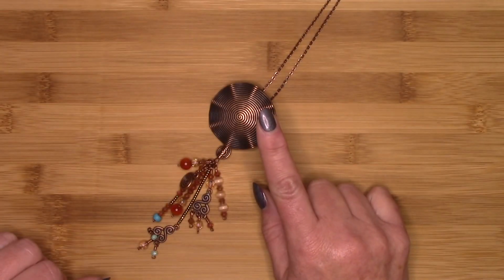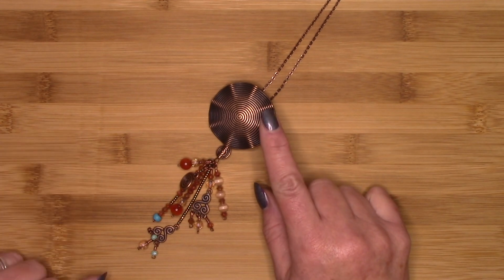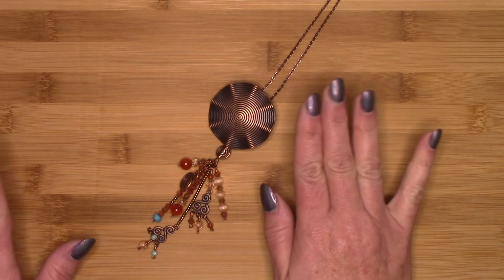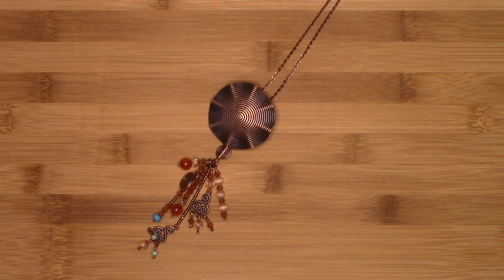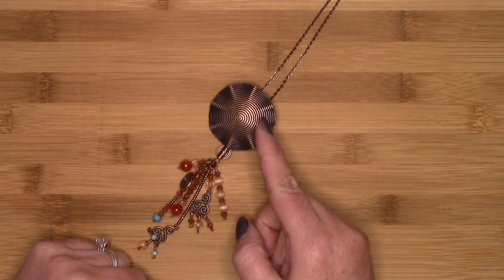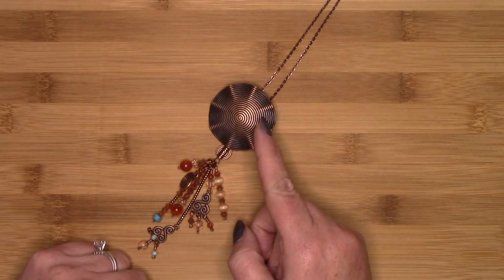I really wasn't sure what to do with the 46mm spiral pendant. I mean, this thing pretty much speaks for itself, but I didn't want to leave it completely alone and just put it on a chain. I just thought that would be a little bit, I don't know, I always have to add things to everything. So I put in one of the little spiral beads with some of my own square copper wire, and then